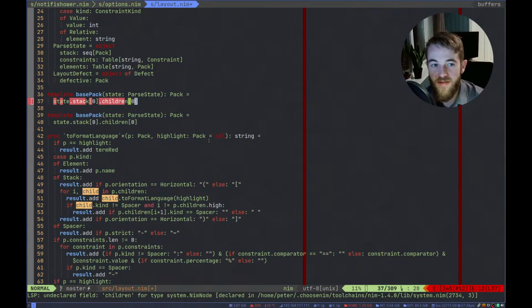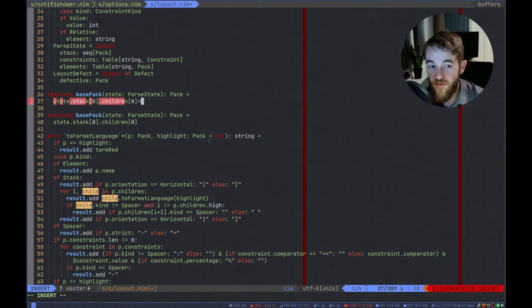If you want accessor equals, that's a different operator. So here we're going to say base pack equals, and this of course needs to be a base pack. It doesn't return anything. It's equal to base.